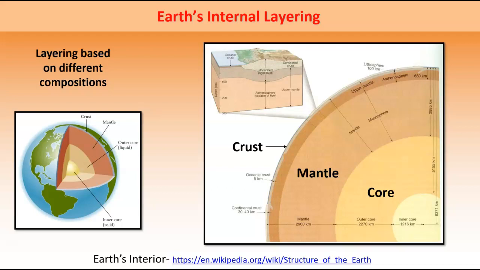As you look at this first slide, you can see that there's a couple of ways that we can break down the interior of the Earth. The first and most basic way is just to do the crust, mantle, core story that you see over here on the right-hand side. When we do that, we're breaking down the Earth into compositional differences. So we're going to argue that the crust is made of certain material, and that there is a boundary as we go inside the Earth where the composition of that material changes. When it does so, we're going to give it a new name, and we're just going to call it the